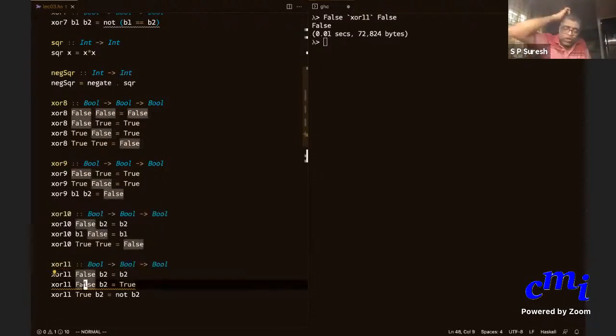Okay. So there are two things. Non-exhaustive definitions is one thing. That is always a possibility. You will get some suitable warning from Haskell. Overlapping definitions is another thing. And in the case of overlapping definitions, you are only getting a warning and not an error because Haskell will anyway choose the first definition that applies. So it doesn't matter for your correctness.